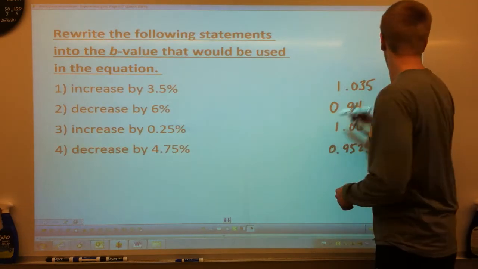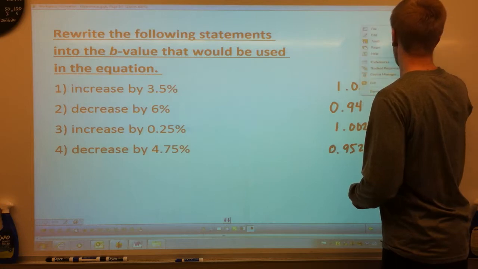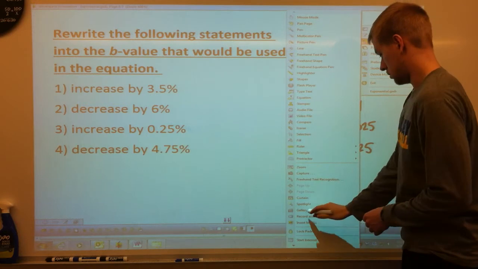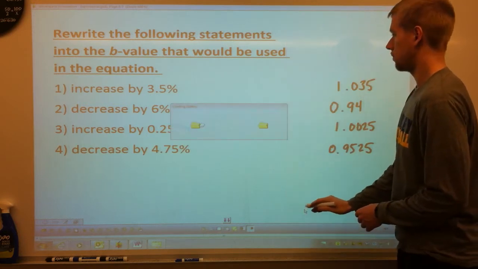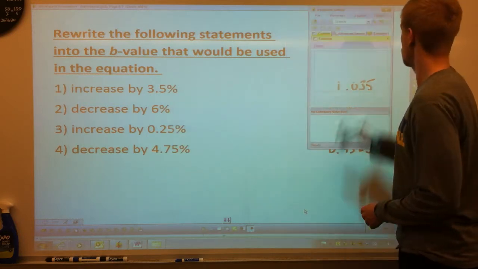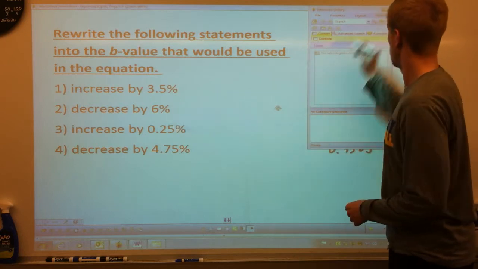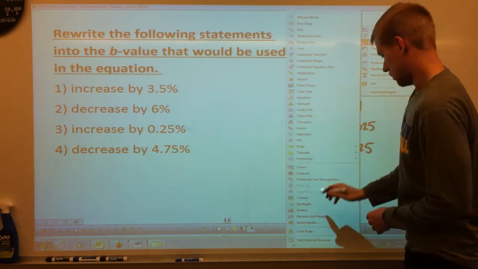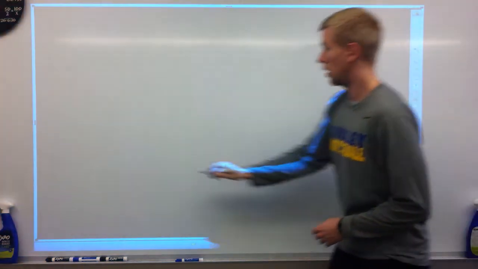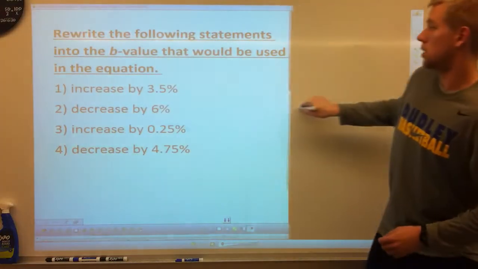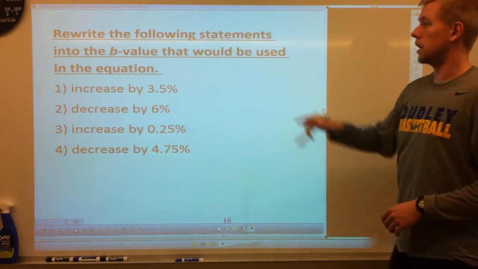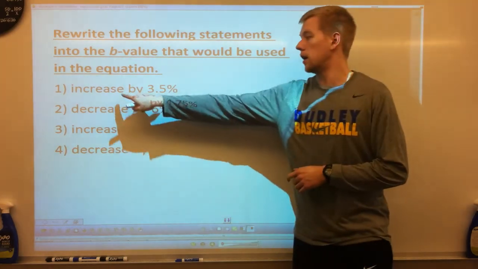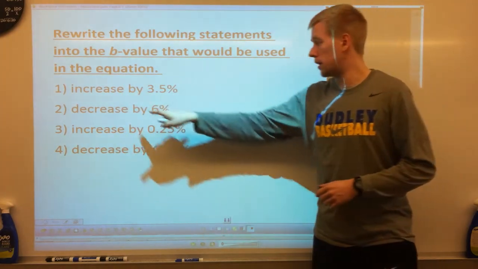Alright, so now we have our practice. Okay, so practice with this. Rewrite the following statements into the b values that would be used in the equation. So this is just solving for the b. If I were to increase by